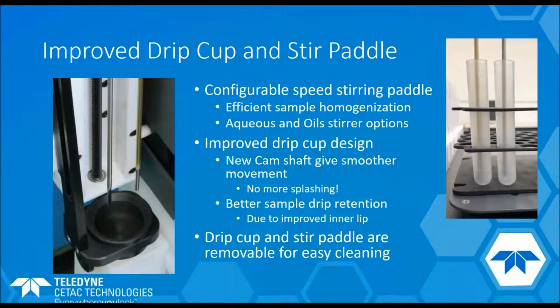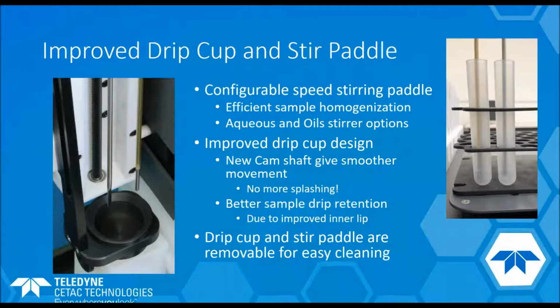So it's now built on a camshaft, which has much smoother movement. As the probe drops down, it simply slides under the Z drive. And if you've ever worked on the 1400, it had a spring-loaded drip cup, which over time would fill with oil, and then when the spring would hit, that cup would flip out to the side and the oil could splash. With the smoother movement, we get better sample drip retention because there's less splashing, but also the drip cup itself has been improved. We've got a better inner lip on the cup that should help retain